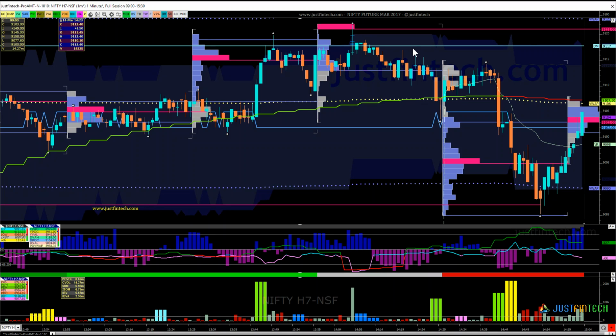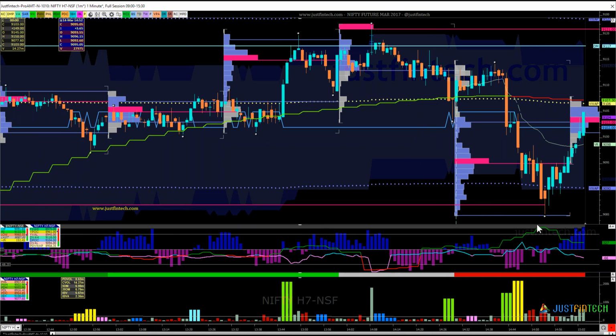So day mid was here, then this balance was here. So this was a pretty good opportunity to trade. But what I was assuming is we might just get to the developing POC, and that did not give me enough comfort to enter a trade. Now on the delta front, a bit of positive delta building up. So inventory is a bit stretched long, and need to see how it develops in the opening today.